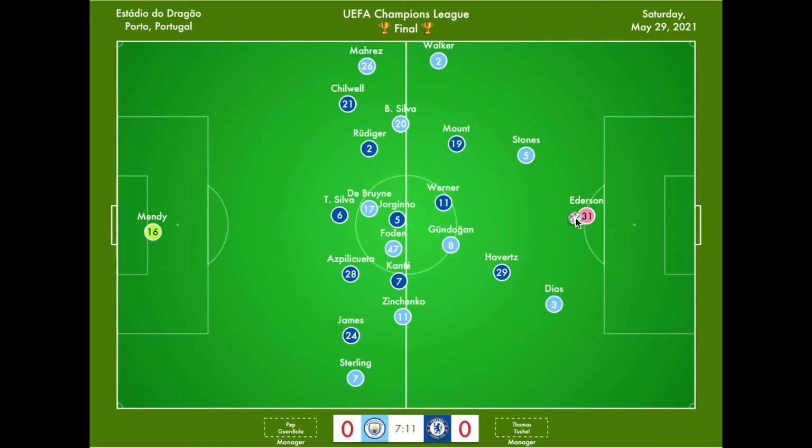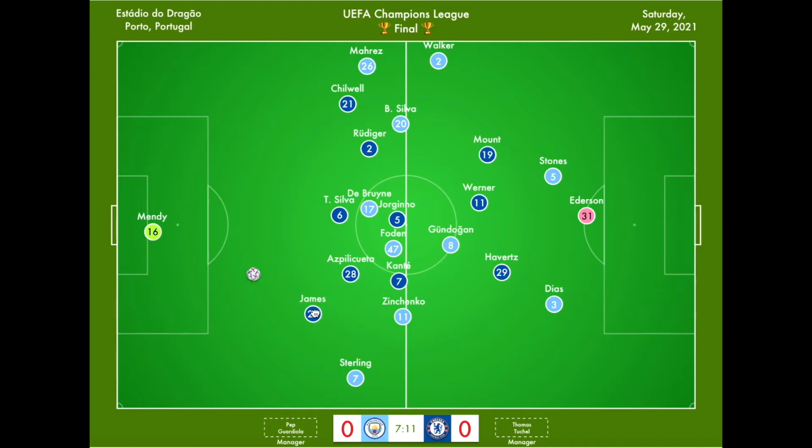So to kick things off, he passes the ball off to Diaz. Diaz then gives the ball back to him immediately. And now Stones comes in, so that brings Mount a little bit closer, Werner a little bit closer as well. And once all this has taken place, what Ederson notices, and this is the brilliance of his playmaking ability, is that there's an open lane throughout the entire defense where if he takes that route, one pass, good things could happen. So he kicks the ball all the way through, and that